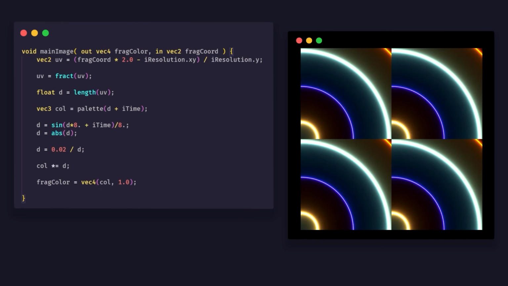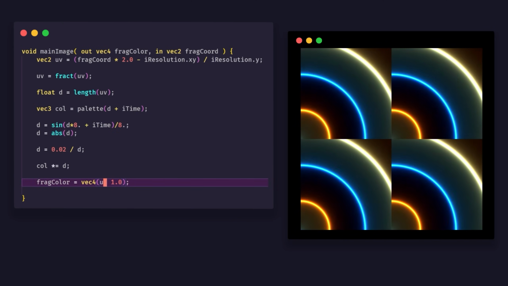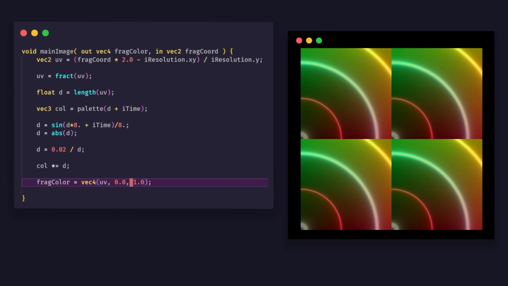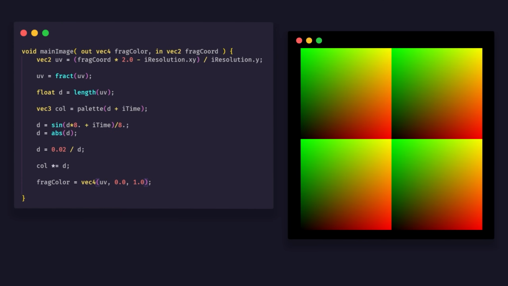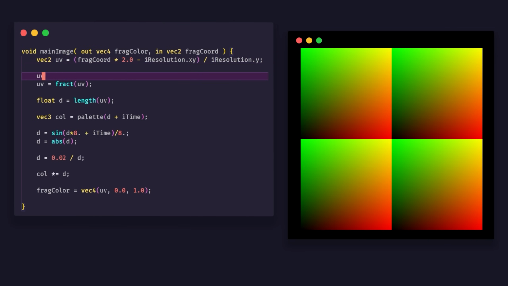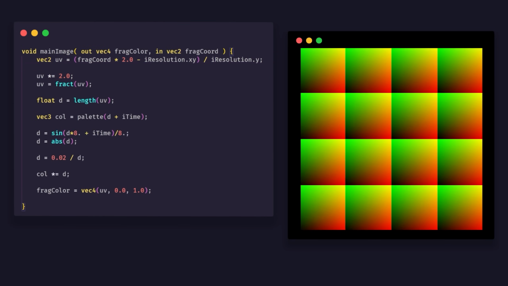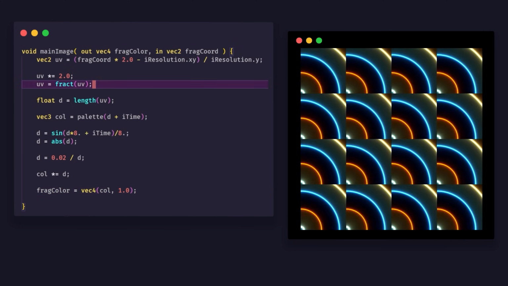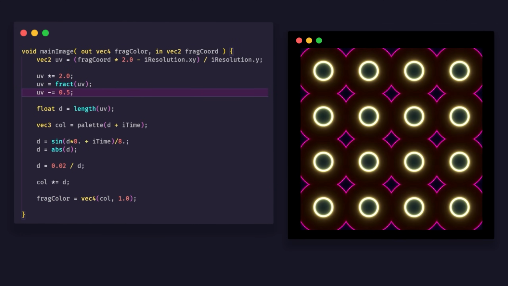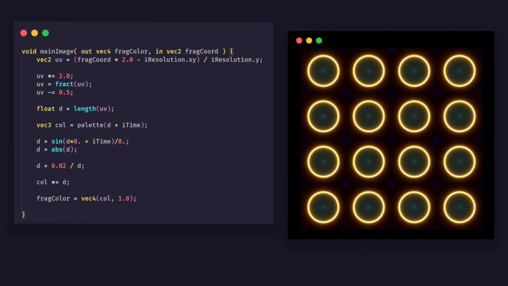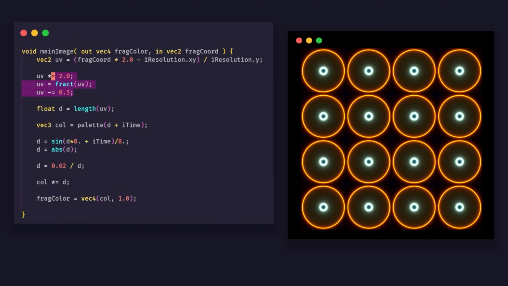To understand the issue, let's display back only the value of our UV variable. We successfully achieved repetition by creating 4 smaller versions of our original UV coordinates. However, each repetition is now confined within the 0-1 range instead of the desired clip space. To resolve this, we can apply the same solution as before, scaling the UVs first and then subtracting 0.5 to center them. We finally have nicely repeated the space, and we can also shorten all these operations into a single